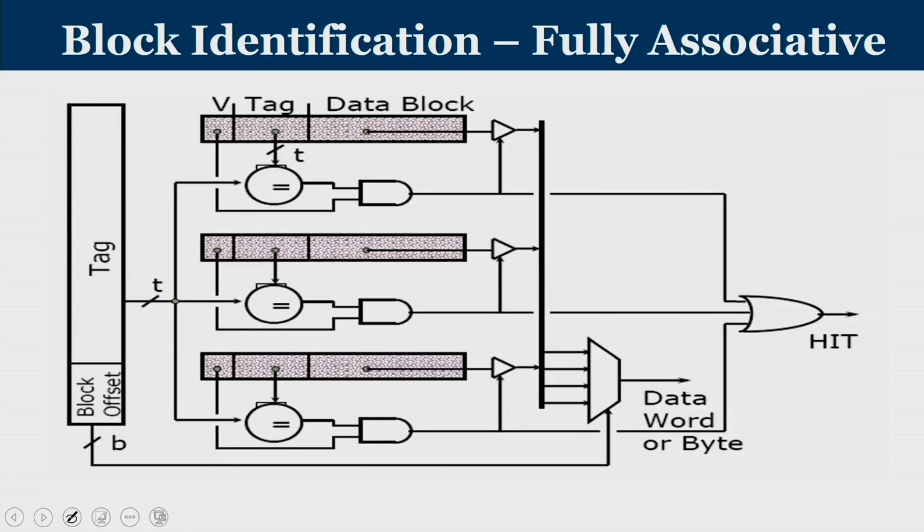When it comes to fully associative cache, you do not have an index portion. The index tells you in which set you have to look, but such localized help is not available, so you have to search everywhere. You go to each of the data blocks and perform the tag comparison everywhere, and that determines the hit. Wherever you get a hit, that is it, you got it, and then you take your offset value to extract the corresponding word.